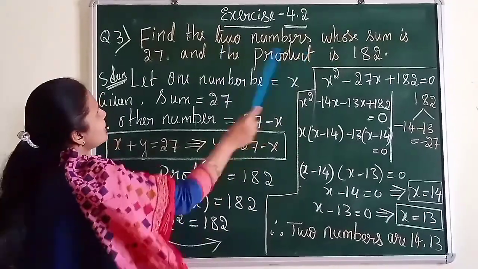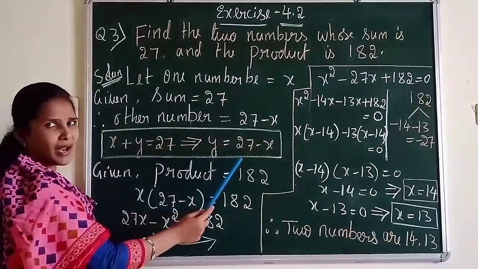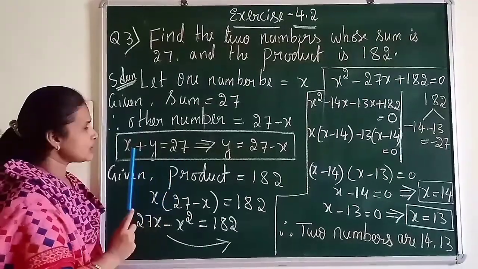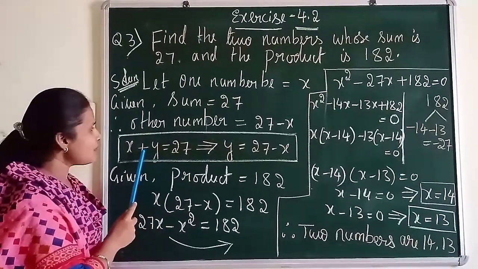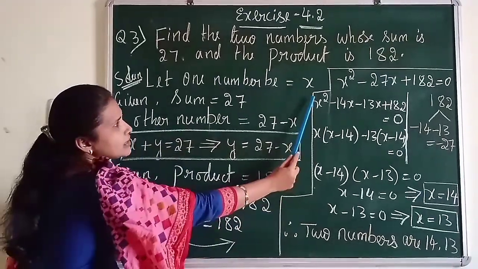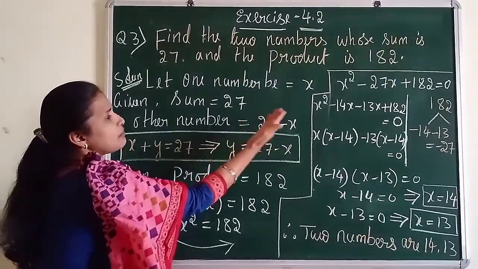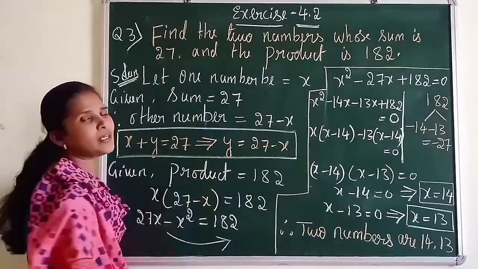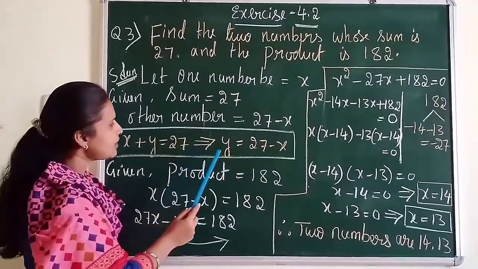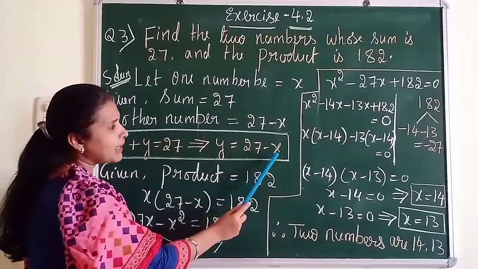So as he has given sum of 2 numbers is 27. See, here I have written in the bracket, but I am not using 2 variables here. When I consider 2 numbers are x and y, sum he has given 27, x plus y becomes 27. I already considered one number is x. Then what will be the another number? 27 minus x, because sum is 27. So clearly you can see here x plus y equals to 27. When one number is x, the other number, that is y, becomes 27 minus x.